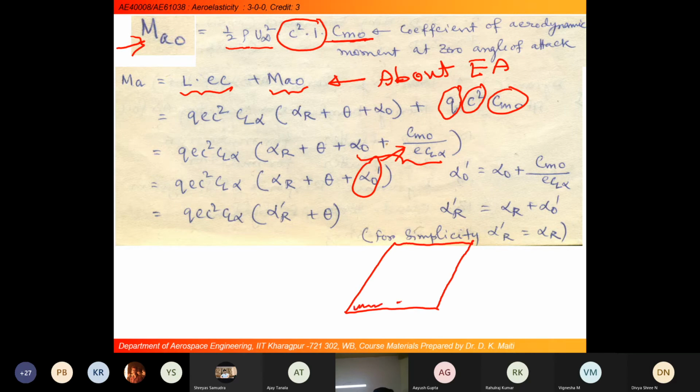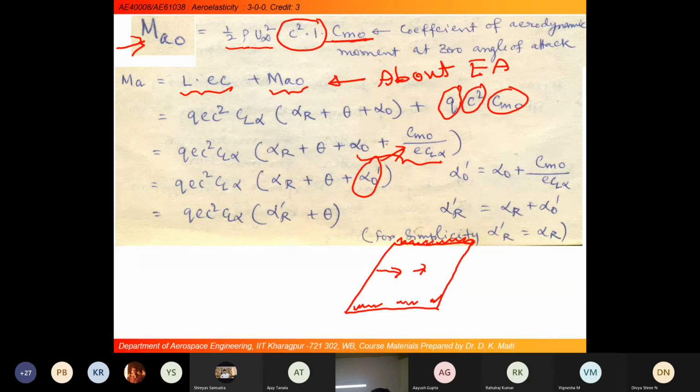At this point there will be an interference effect, whereas here it will be around a uniform pressure distribution. But if you come to the tip of the wing, there will be a problem,